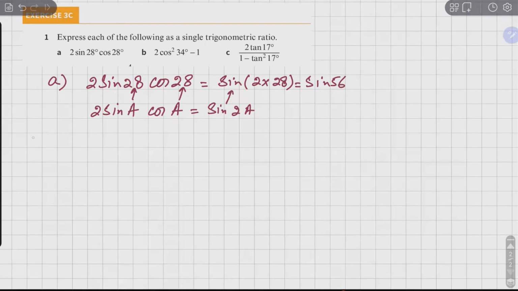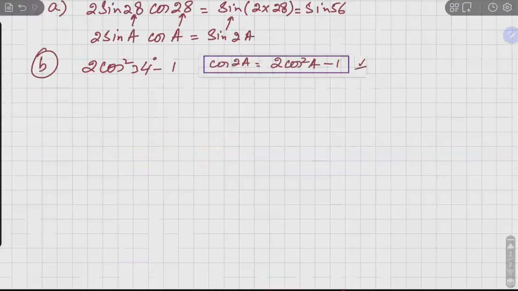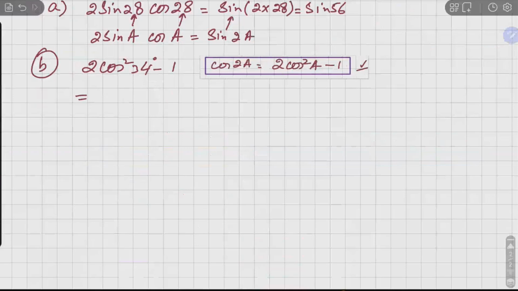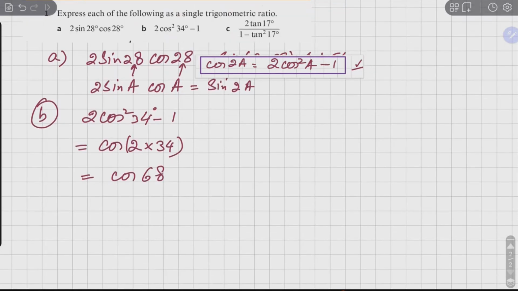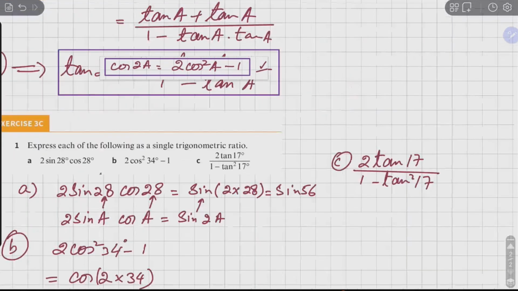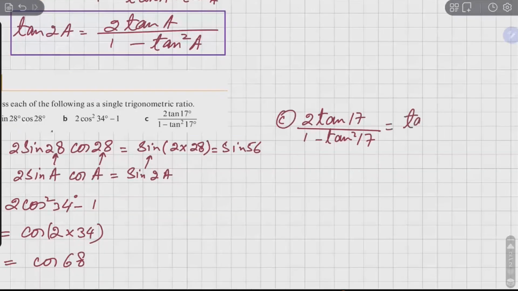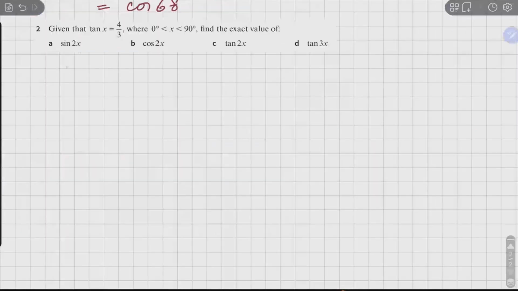तो इस तरीके से हम इसे अप्लाई करेंगे। बी पार्ट में देखें, ये फार्मूला आपके सामने आ रहा है। अब आप बताएं क्या बनना चाहिए? यस, इट वुड बी cos of 2 टाइम ऑफ द एंगल, तो इससे आप ले लेंगे cos of 68। सी पार्ट पे हम आते हैं। यस, अब ये लो जी, आपके सामने ये ऊपर फार्मूला भी आ रहा है। इट इज tan of 2 टाइम ऑफ 17 and it is tan of 34।